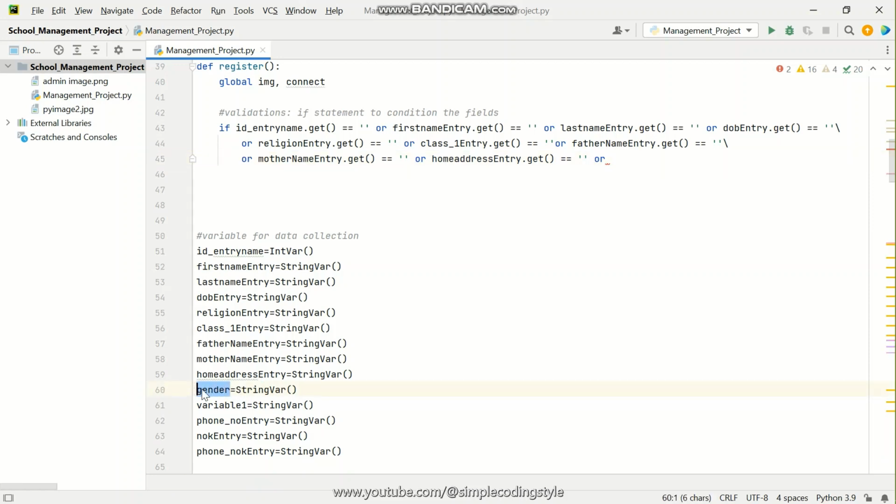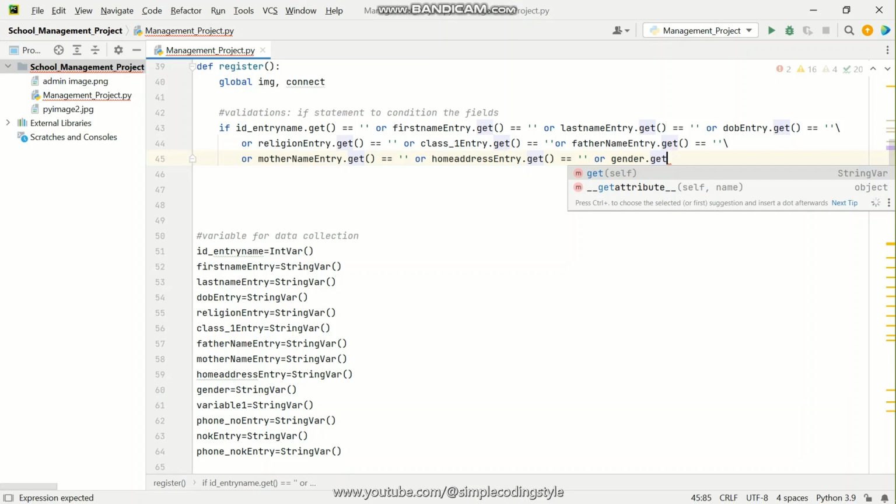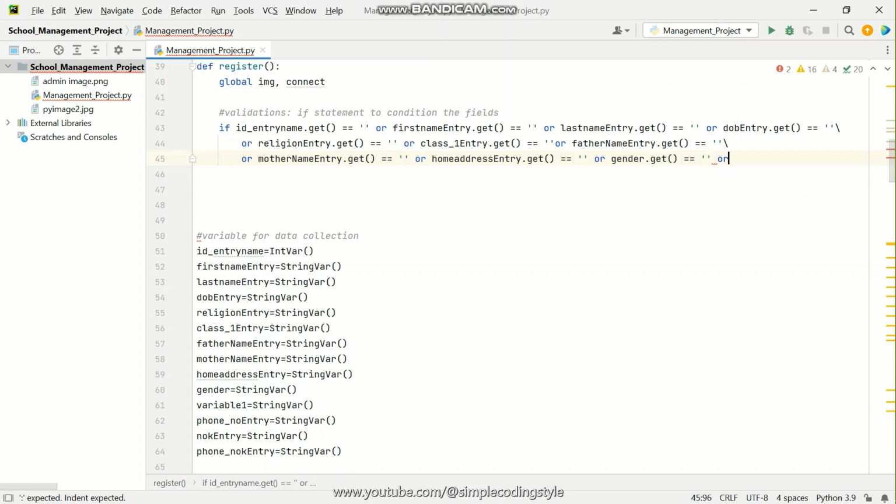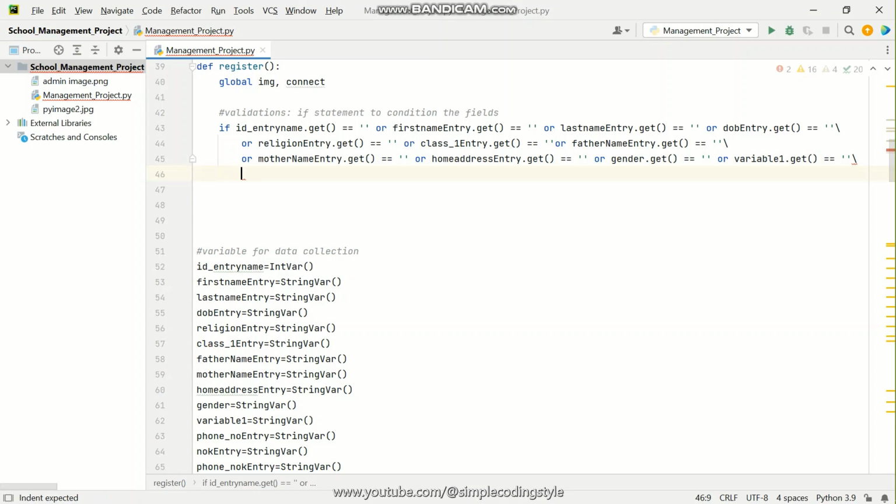The next is going to be our gender. So gender. You can paste this here. Gender.get. And this is equivalent to that, or the next is going to be the variable which is holding the piece of information for country, and whatever you select there, or if you don't select, you're going to get an error. And this is that. Okay, we're going to the next line, and then you can say or